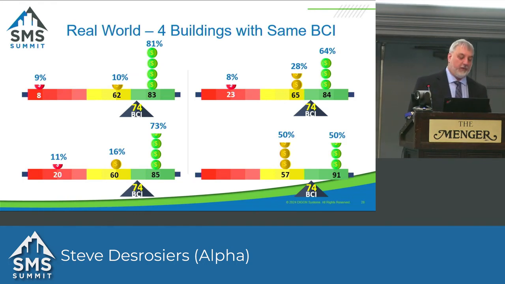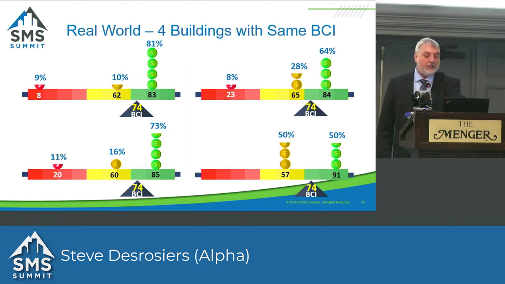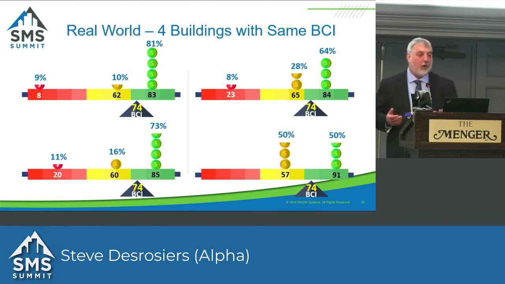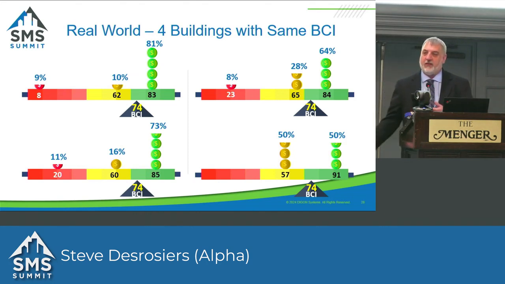Now the bottom left and the upper right are a little bit better, I think, but the tricky one is the bottom right. Right now there is no work. That one's got a BCI of 74 and there are no coins in the red, so there's no work. Its FCI is 100. But when I see that, I get a little nervous because I've got 50% of the CRV of my building getting really close to needing work. So